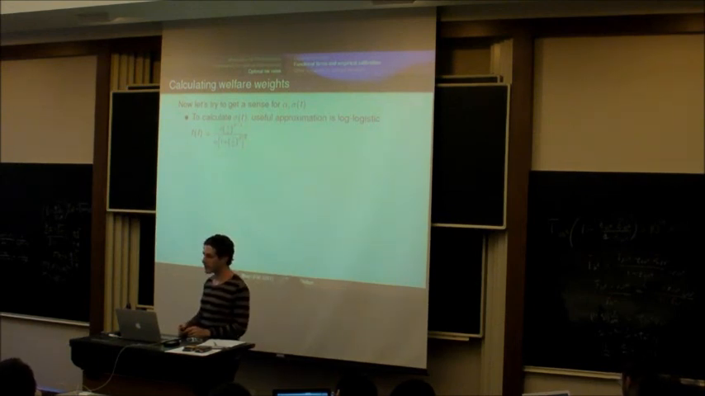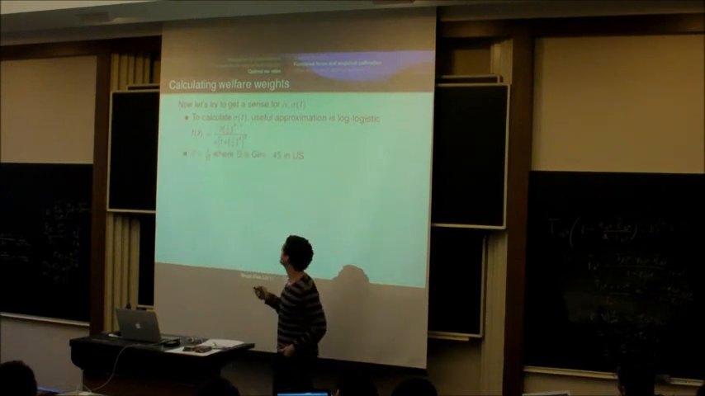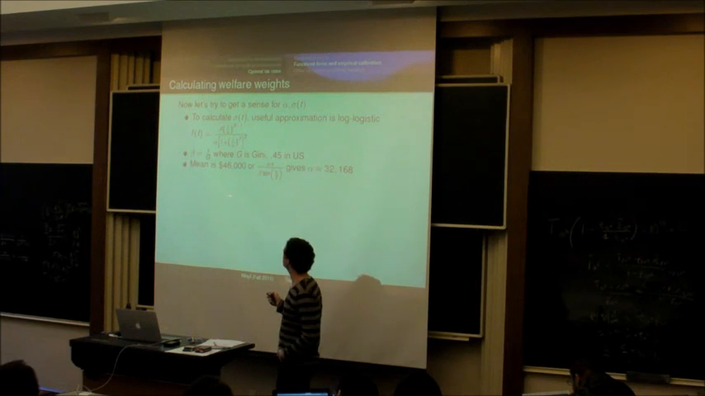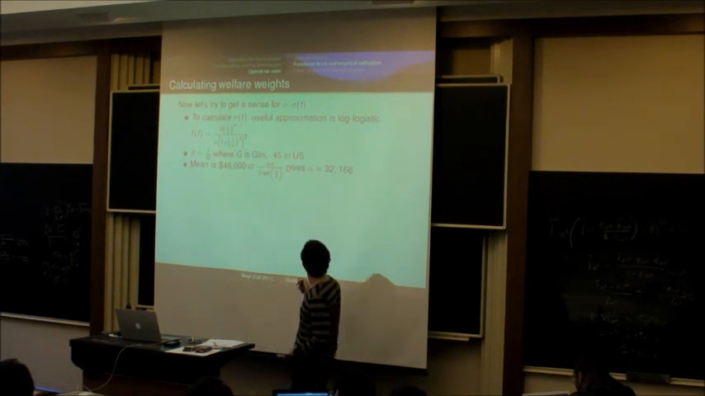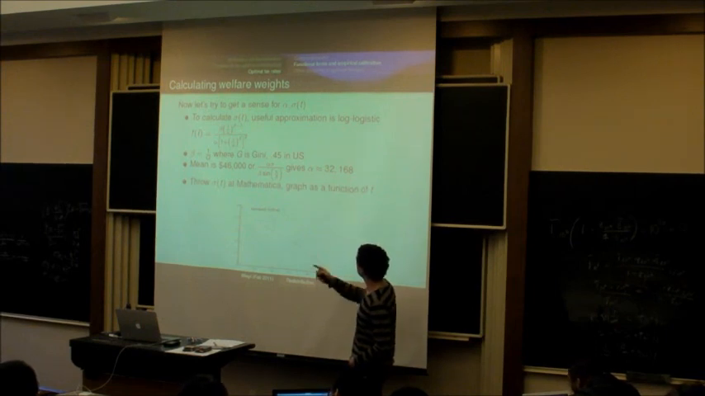To calculate sigma, one useful approximation is to assume a log logistic distribution. This is very similar to a log normal distribution. And just as you could have looked up on your problem set, you can look up online that the beta coefficient in this thing is just 1 over the Gini coefficient. And the mean of this is given by this formula. The mean of the US income distribution is about $46,000. That gives us alpha about 32,000. And then we can just throw this into Mathematica, and it shows us that as we